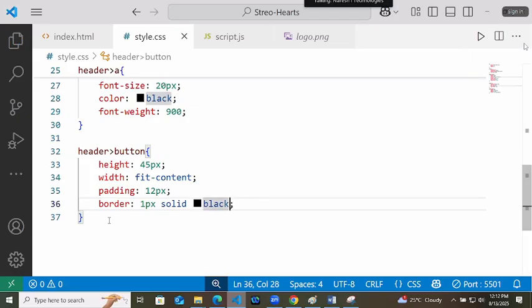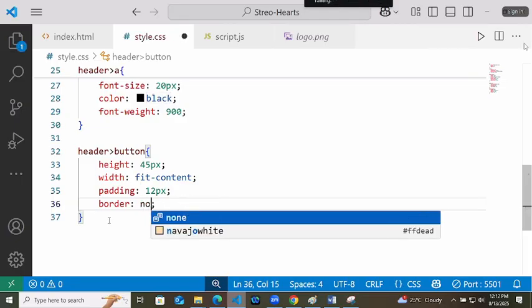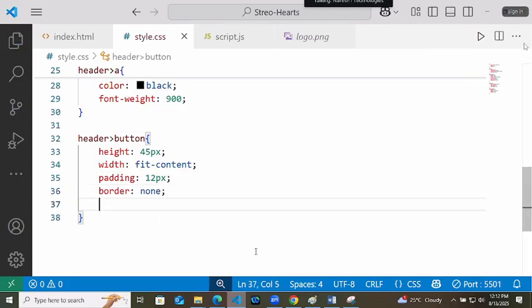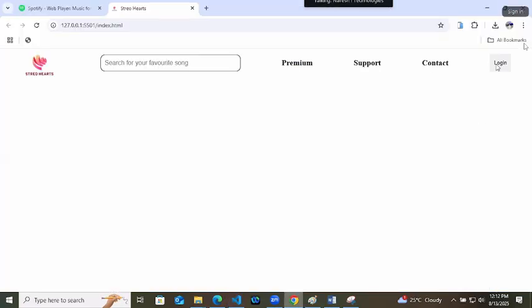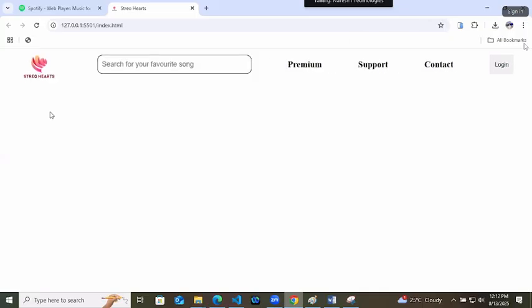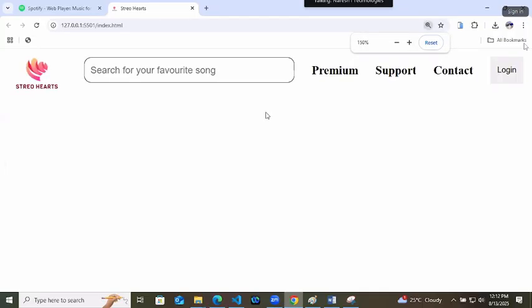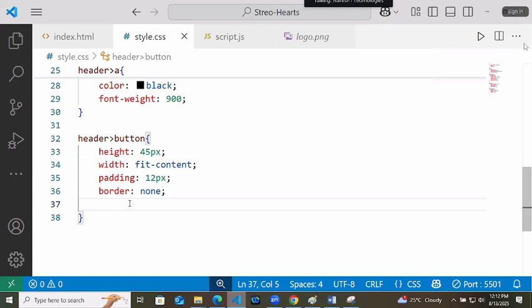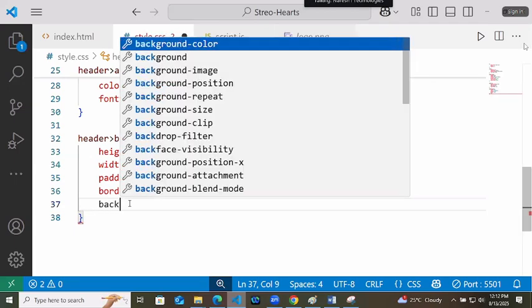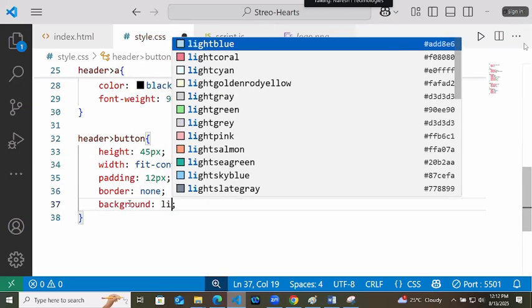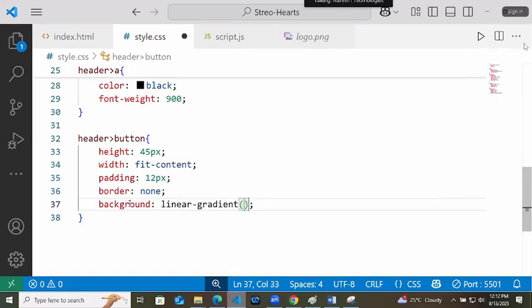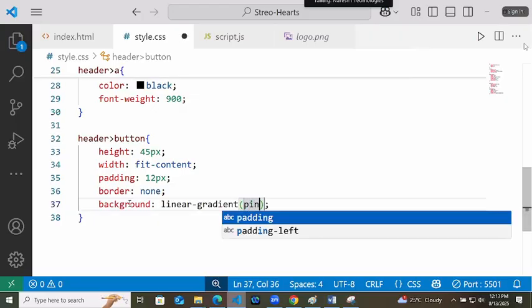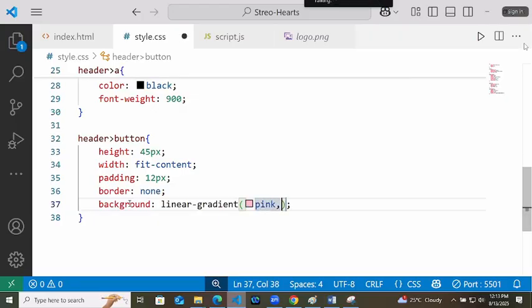No, no border. Border none. And the color of background, I will try to make something like this logo. So let's try to create the background as linear gradient. What is that color? Pink and red.